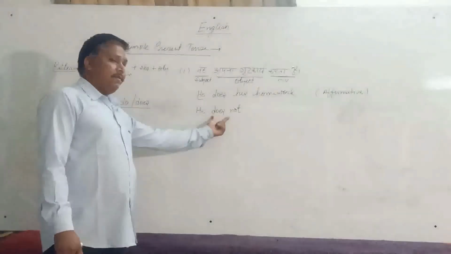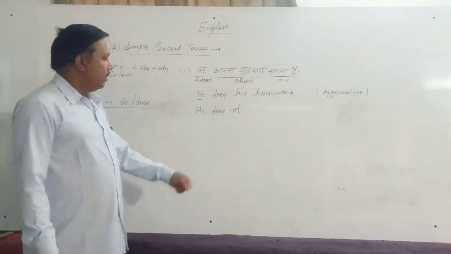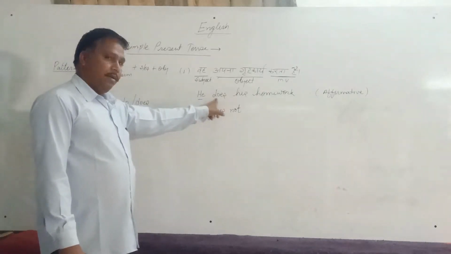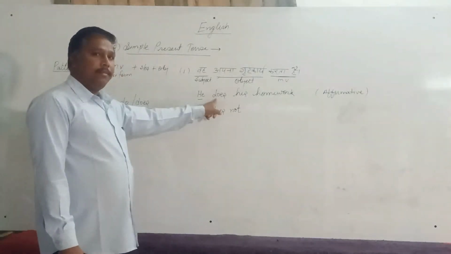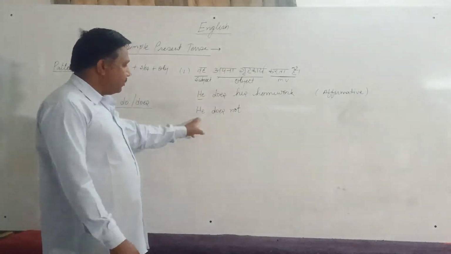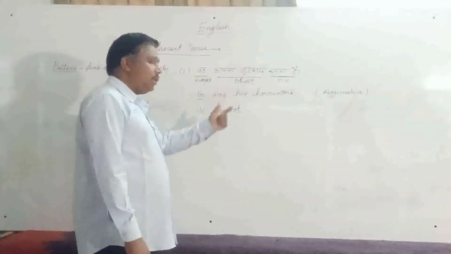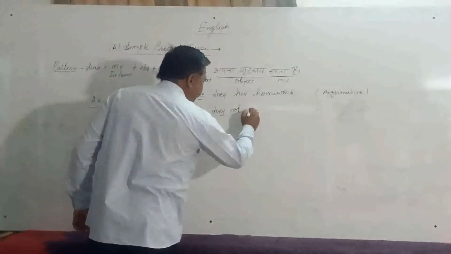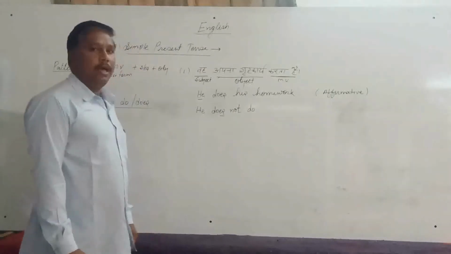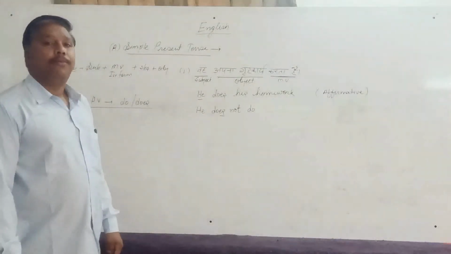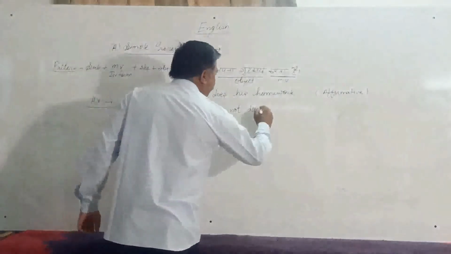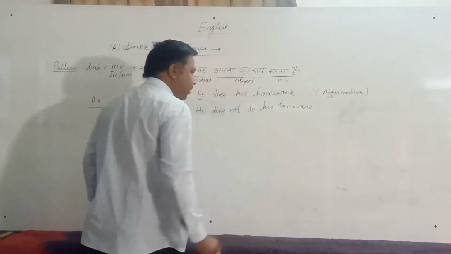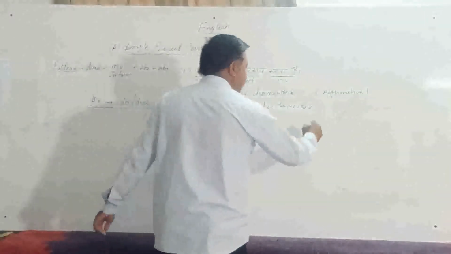When we apply does here, it becomes do. The main verb becomes plural. It is in singular form. But when we change it into negative sentence, we have to change it into plural, as we have applied here does already, es already. So we will write down here do. Our main verb becomes in plural form, and then our object is homework. Clear? This is our negative sentence.